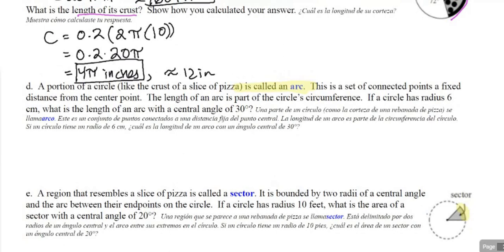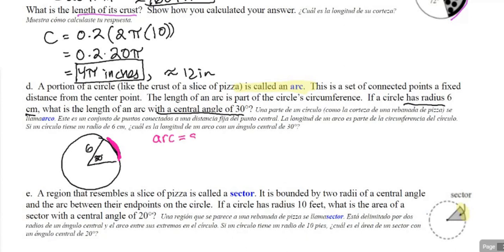Now the question is asking, if a circle has a radius of 6 centimeters, what is the length of an arc with a central angle of 30? So I'm going to draw a circle. Got a radius of 6 and a central angle of 30 degrees. And I want to know, how long is this arc? What is this arc length? Usually we call arc length S. Here we have S, and it's going to be equal to